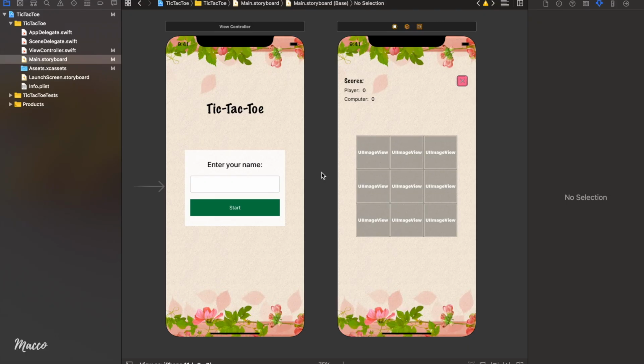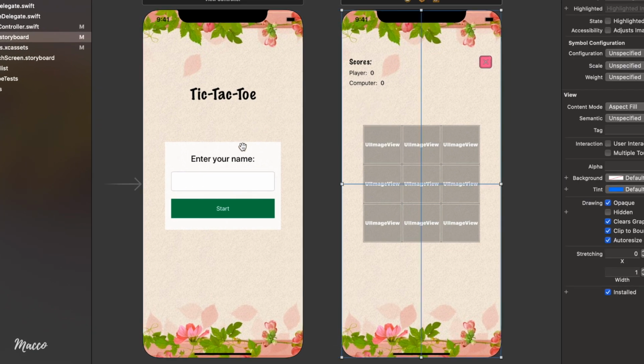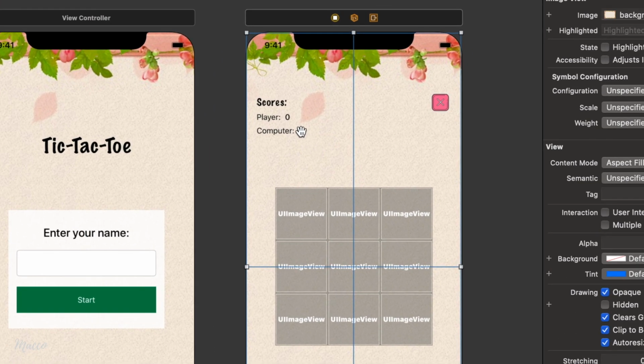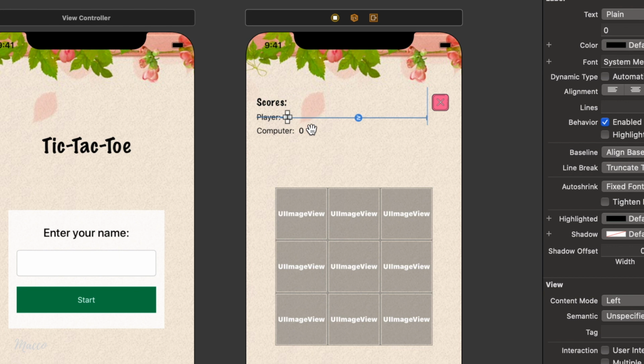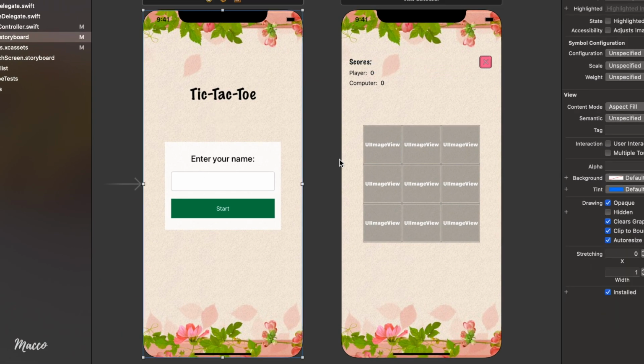I'm going to do a very quick walkthrough over what we have in our starter project. If you head over to the main.storyboard, you can see that we have two view controllers. The first is the home screen and the second is the game screen. Now when the user enters his or her name in this text field and clicks on the start button, the game is going to be directed to the game screen where the name and the score of the user is going to be displayed, along with the score of the computer. Now when the user clicks on this close button, the game is going to be directed back to the home screen, okay? And right here we have our main board that is going to display X or O as the